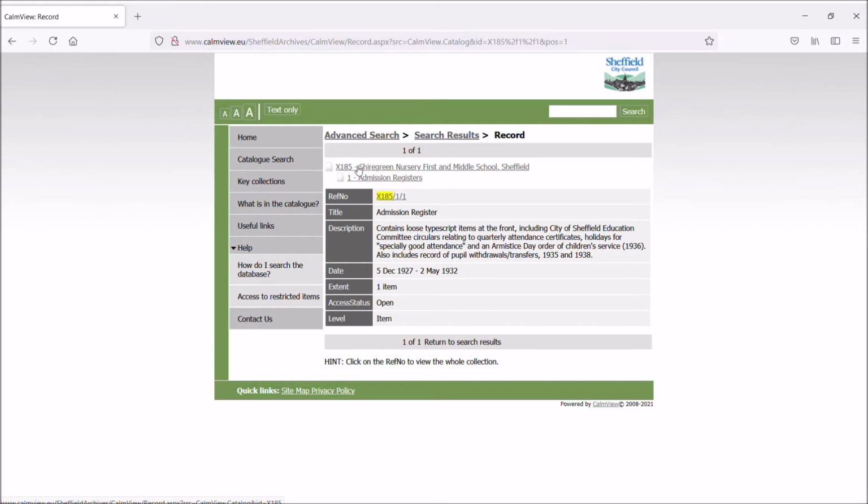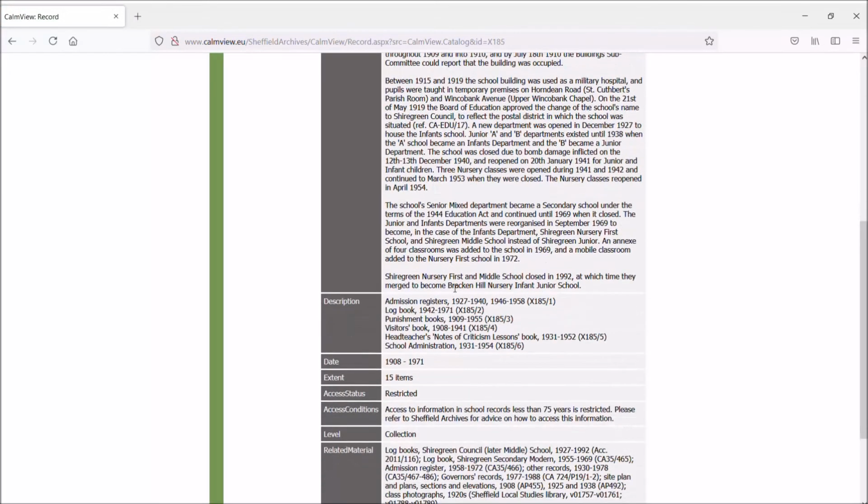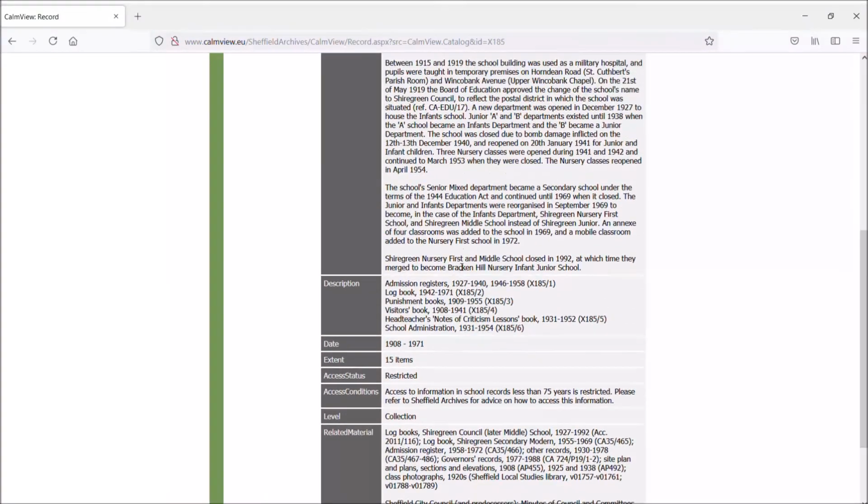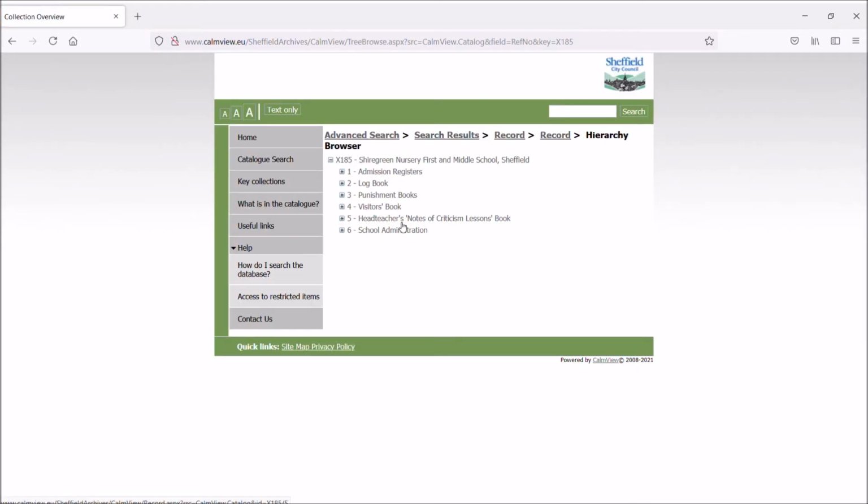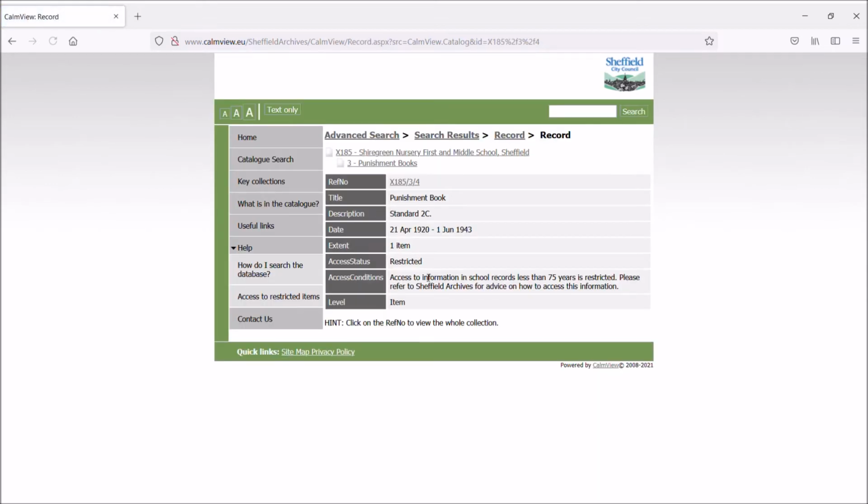So if you click on X185, you can see more information about the whole collection. And then by clicking on the ref number, you'll see a list beginning to open up of the collection. And then by clicking on the plus symbols, you'll be finding each individual item. And you can click again on the item and find more information.